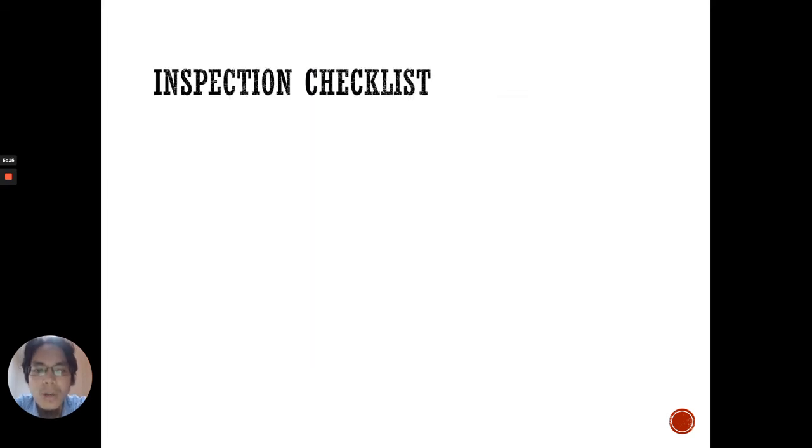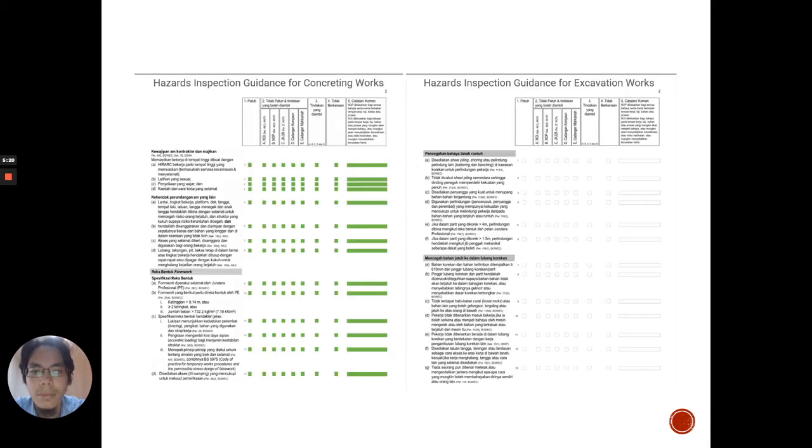Next, we are going to look at how an inspection checklist looks like. These checklists have been downloaded from the OSH website. This is made to assist the inspector during OSH inspections. The first checklist on the left is a hazard inspection guidance for concreting works. Listed in the checklist are the duties of the contractor and employer, other legal duties,